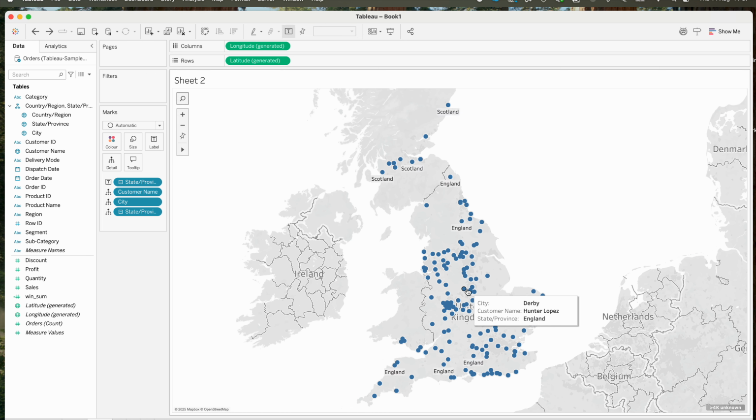Now we have our customer name. This particular customer lives in Derby, England, Leeds, yeah. So that's how you form that relationship. And you can trace where this person lives according to the state. So just create that relationship with that particular field and